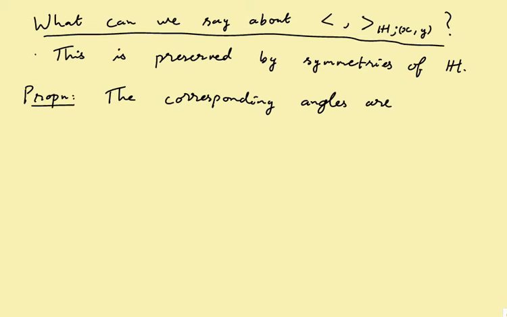Okay, so the first fact here is, proposition: the corresponding angles are the Euclidean angles. So the angles coming from the hyperbolic metric are the same as the Euclidean angles. Recall that any inner product gives you angles. Why do we know this? So, the reason: